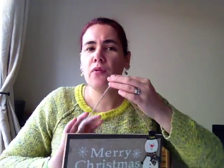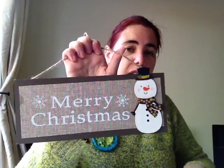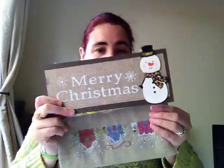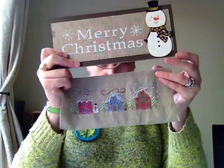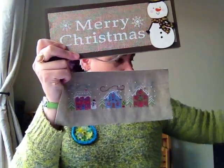But I'm going to channel my inner Priscilla. So as I said, Mum and I go shopping, and at a well-known British discount retailer where everything costs the same, I picked up this little sign. It's got a glue mark there, but I plan to bow something, I don't know yet. So this is my plan. I'm not going to hang it upside down. So this is the plan to do that with that. And then I picked up that,